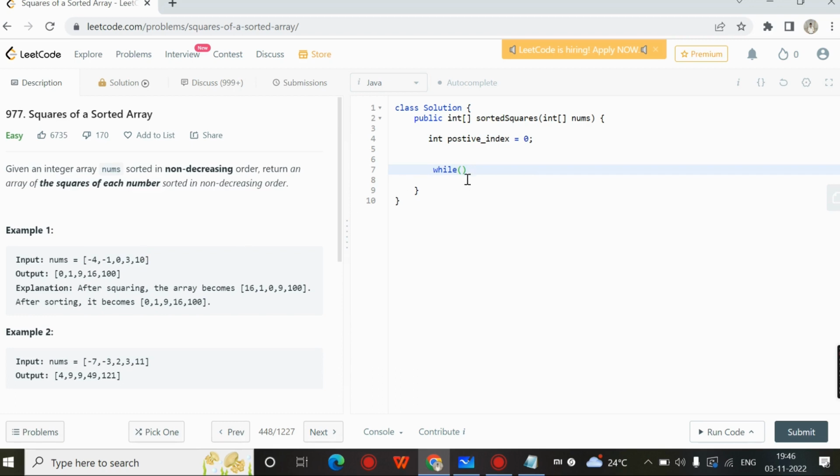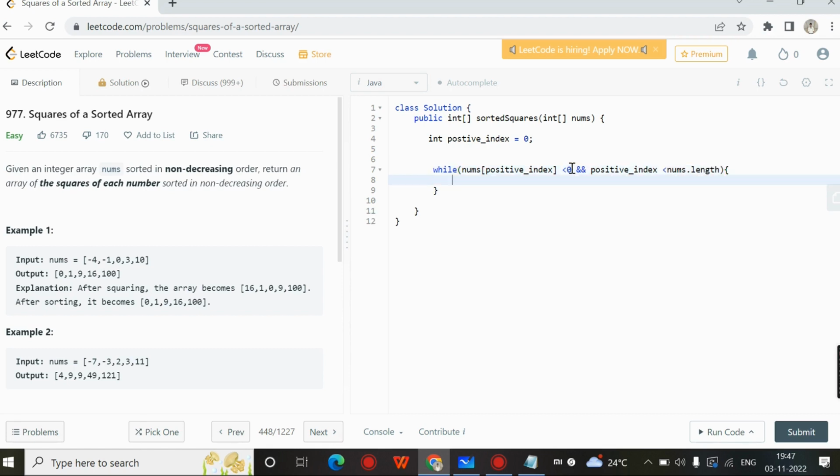We need to check nums of positive index, right? Positive index must be less than 0, then only it will stop here, right? Also we don't need to go beyond the array limit. So for that, positive index must not be greater than what? The array's length,